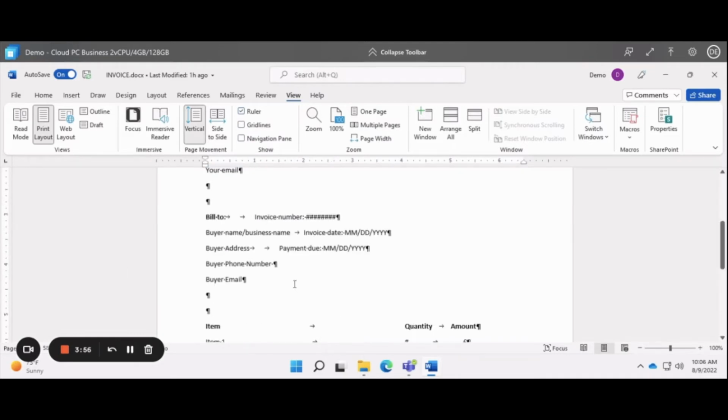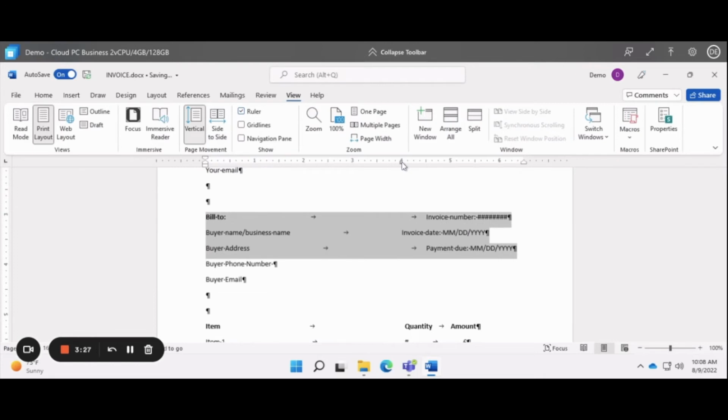In this instance, we want to separate the buyer information from the invoice details. So first, select the information that you want to align. Then click on the ruler where you want to place your tab stop. As you can see, the tab stop has been added to the ruler and everything after the tab is aligned